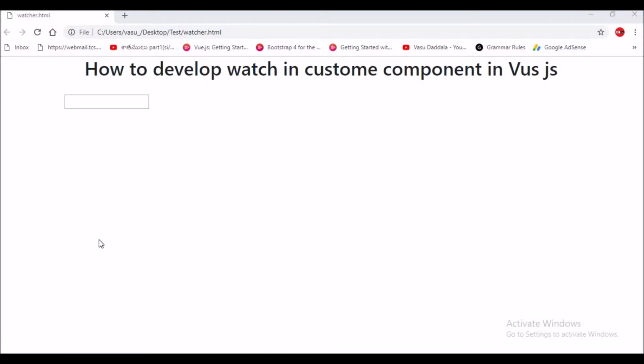Today I am going to give a presentation about watch in Vue.js and how to use it. Along with that, I'm also going to give some examples about emit in Vue.js. As per the definition, watch is a way we can observe a data element or computed property and do something